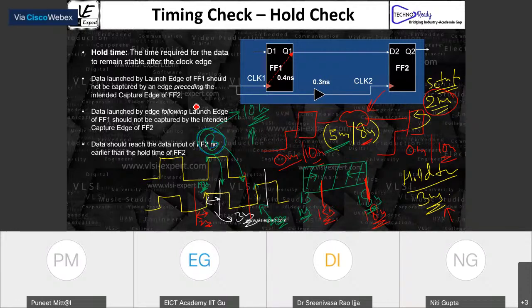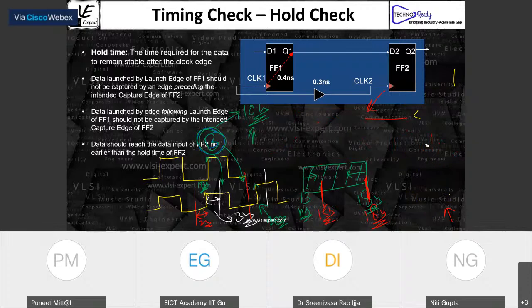Now let me once again clear this particular screen, not the complete screen, maybe a little bit. Let me just clear this portion. Great.